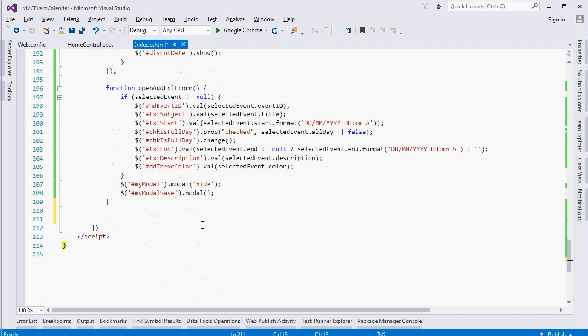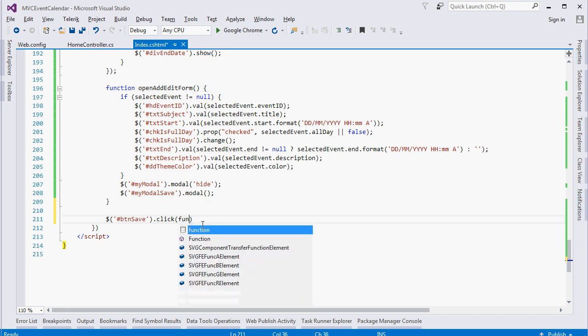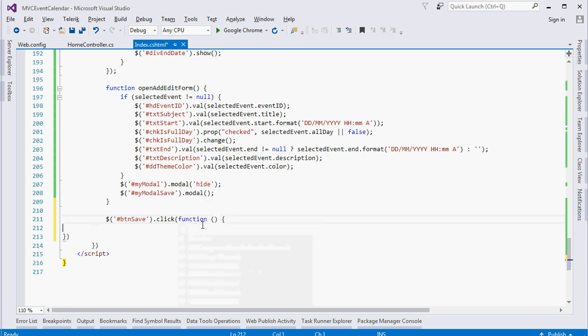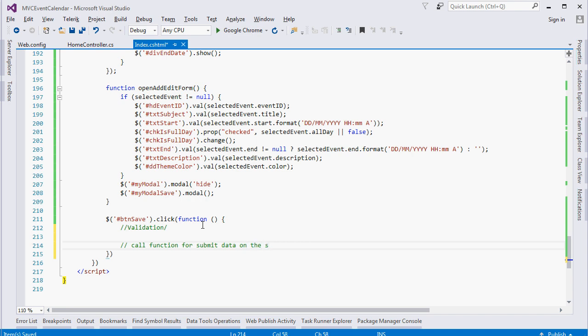So here I will write code for this save button click event, and in here I will write validation code first, and then we will call a function to submit data on the server. Okay,